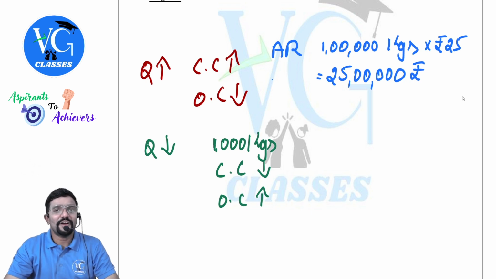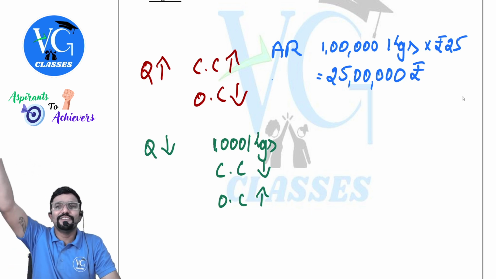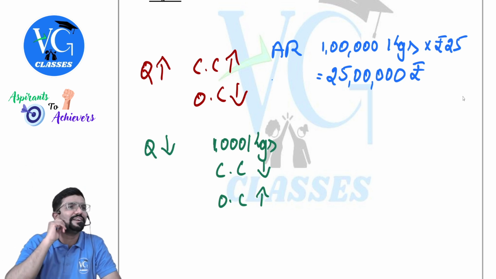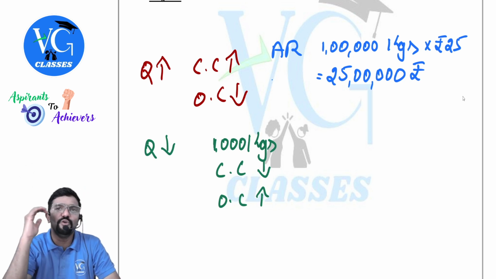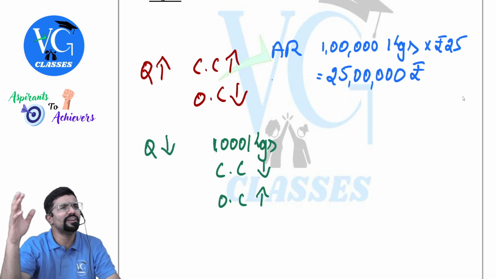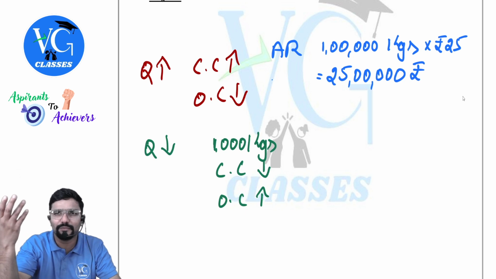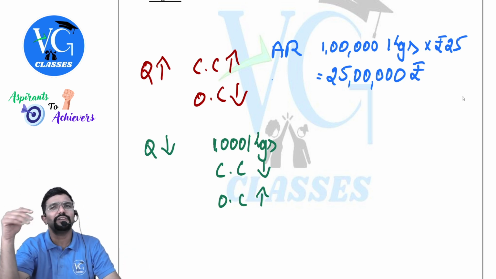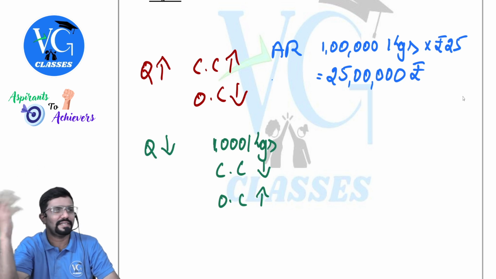Why, sir? Sir, how many orders are you placing? 1 lakh kgs, and every time you are placing an order of 1000 kgs. How many times do you have to contact the vendors and ask them to submit the quotation? Every time you may not ask him to submit the quotation again and again. But if you are going for a new supplier, you have to ask.